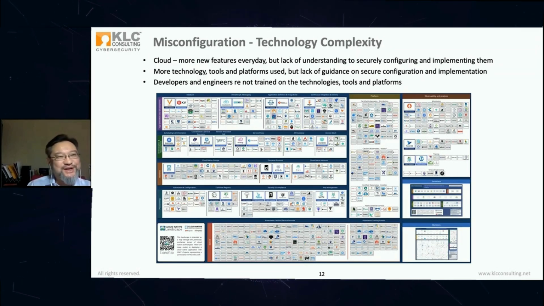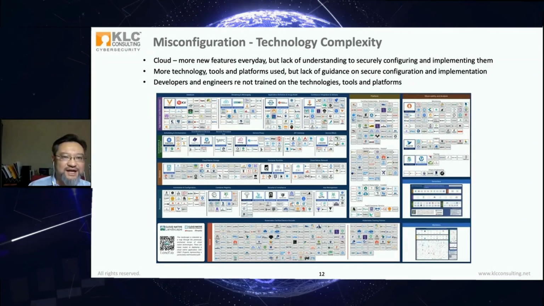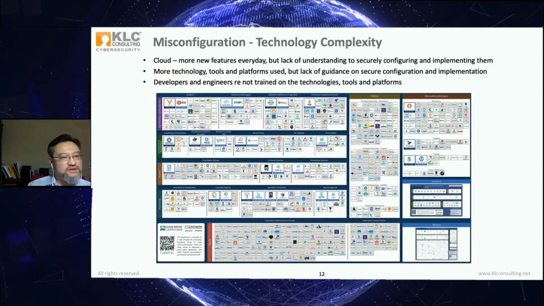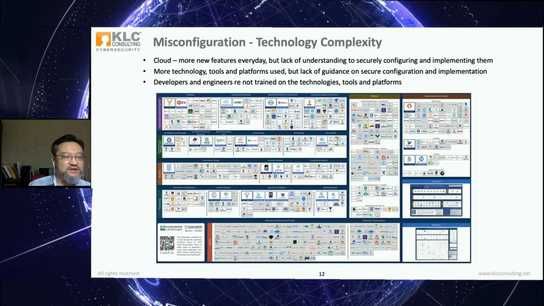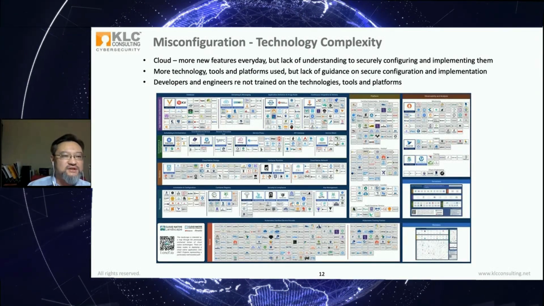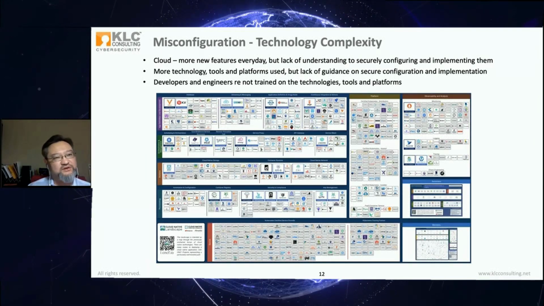All right, so cloud, I just want to stress, has a lot of features being released every day, but there's a lack of understanding of how to securely configure and implement them. Some developers are used to developing in the traditional environment, but recently a lot of companies are moving to the cloud, so there's a paradigm shift.